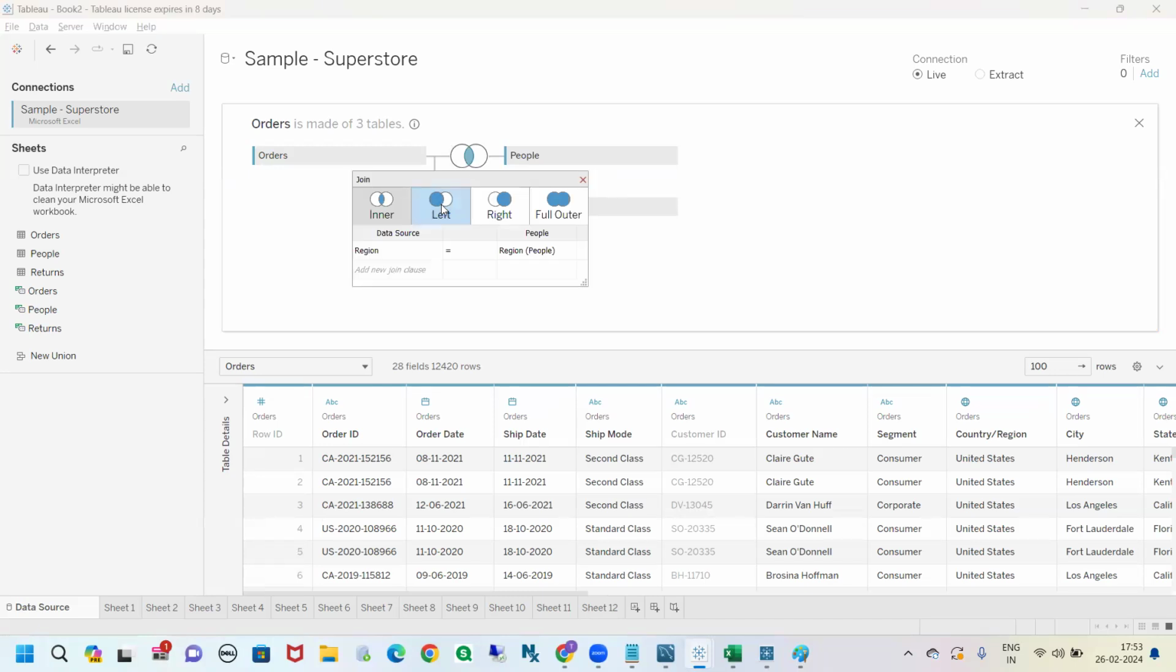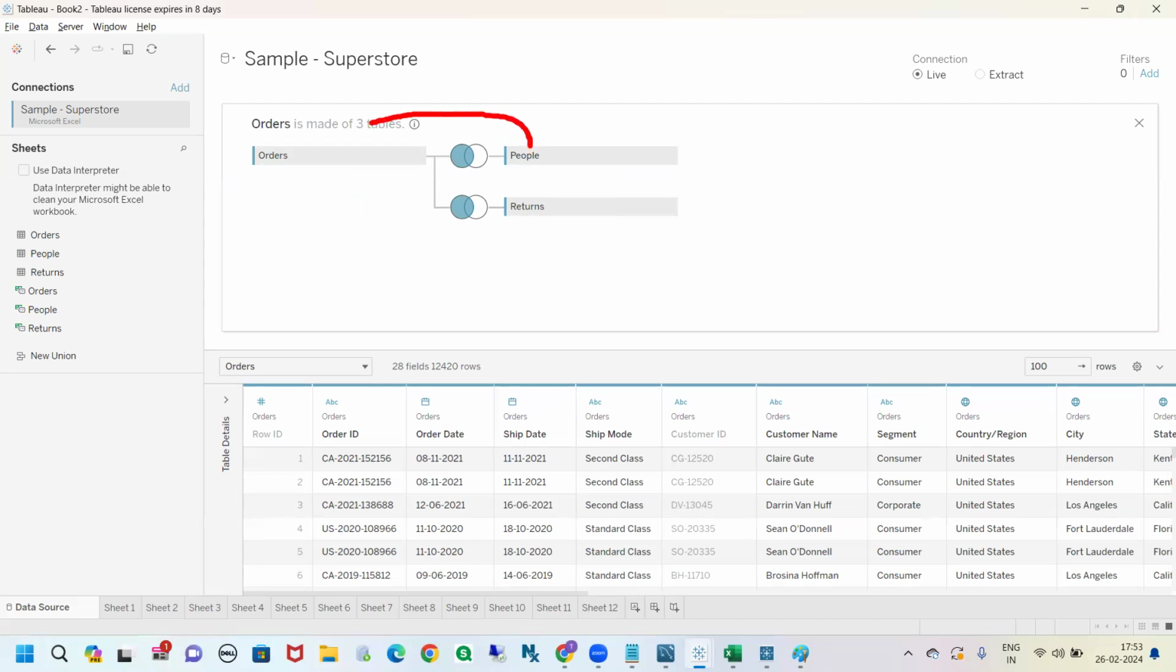I'm going for the left join again because I want to pull all the data from the left table, which is the fact table, and these two tables are joined based on the region ID, the region column. Assume that sometimes I want to join this people table. As of now, I'm joining the people table with this orders table. But sometimes there are situations where I want to join this people table with this returns table actually,